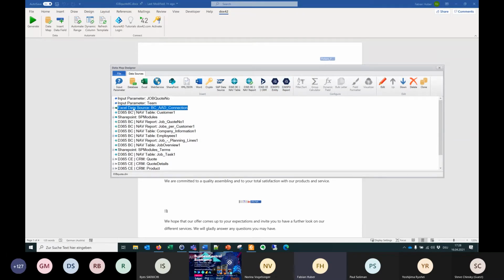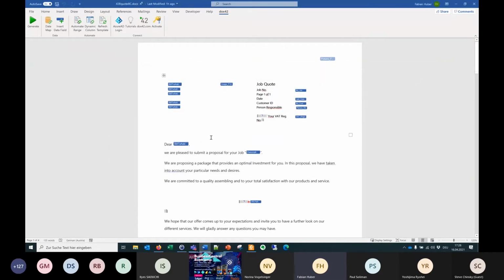You see it here. We have Excel for the connection. We have SharePoint for the modules, the PowerPoint presentations, of course. And we have the Dynamics CE data for our quote, the quote part, the product parts, and that I included. And of course, the most important thing, the Business Central data. After you have combined and connected everything correctly, as I said with the business user,